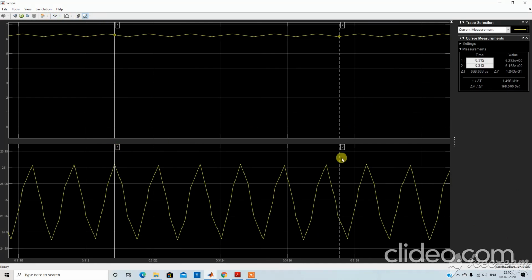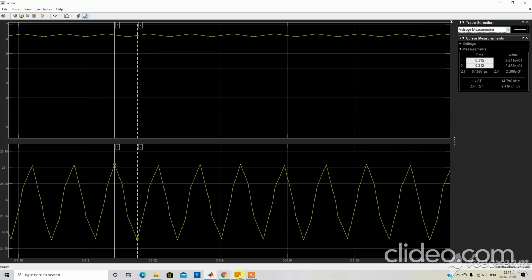Here we can see delta is 0.239 for the current measurement. If we keep the voltage measurement here, then it is 0.23, close to our analysis where it is 0.25.